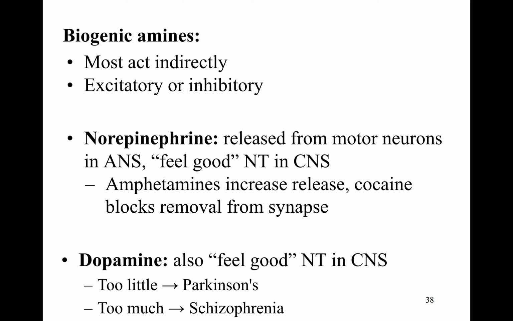Dopamine is clinically important because we have found that in Parkinson's disease, patients have too little dopamine released at synapses in the central nervous system. In schizophrenia, we see too much dopamine released at synapses. So it's a clinically relevant neurotransmitter because two different diseases are associated with either a decrease or an increase in dopamine release in the synapses in our central nervous system. Parkinson's is associated with too little dopamine; schizophrenia is associated with too much dopamine, or overactive dopamine secretion.